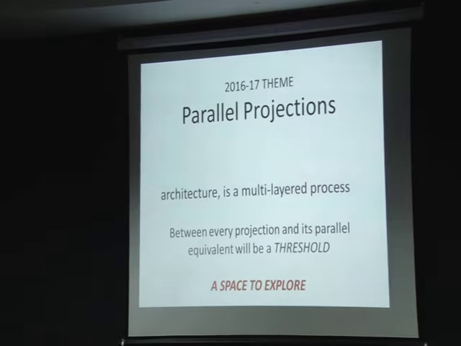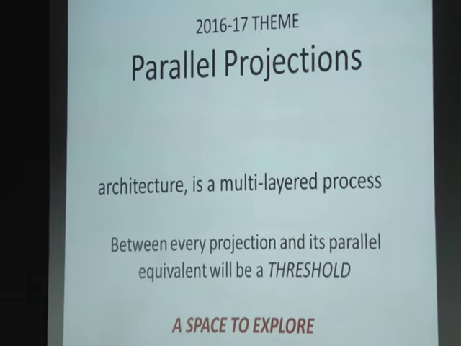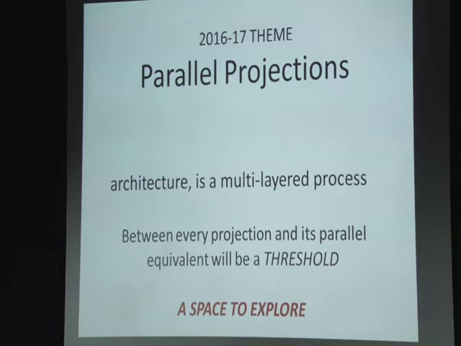Now, my contention over here, where we go away from that typical explanation of parallel projection, is that between every parallel projection, there is a space. If there is no space between two parallel lines, the two parallel lines cannot exist. Is that right? And let me hear a yes. Yes, sir. Thank you. So that's understood, right? If there is no space, there are no parallel lines. So the idea over here is to explore this space. What do we call this space? This space is called a threshold.